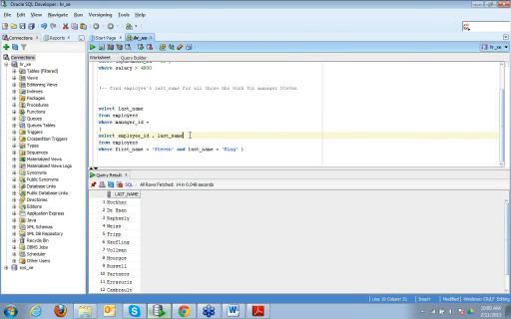Whenever we are writing subqueries, we have to ensure whatever the subquery is returning is compatible with whatever value we are equating with. So I cannot write manager ID is equal to select last name, because that kind of query doesn't make sense. It has to be equated with a numeric value, and it has to be just one, because it cannot pick two values.